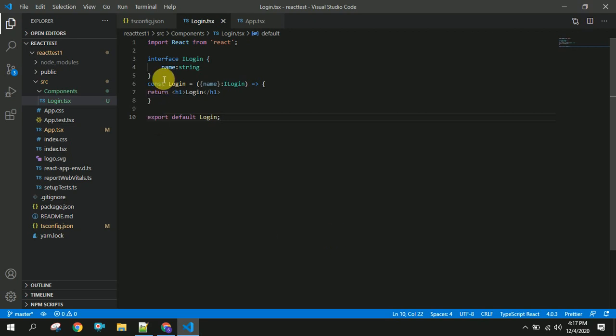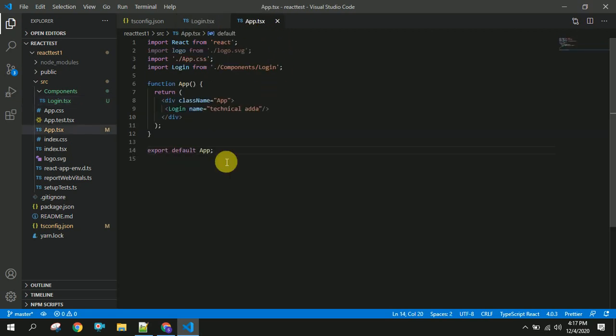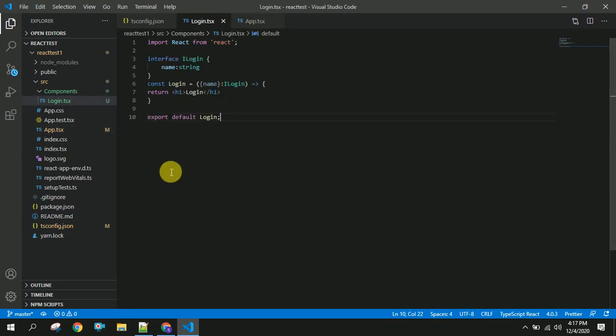Another major thing here is interfaces. If you see here, this application is created by using TypeScript with React. So this is the app.tsx and this is login.tsx, and in this login.tsx I have created an interface iLogin, and whenever any developer wants to use this login component, he has to provide everything according to the data type provided here.